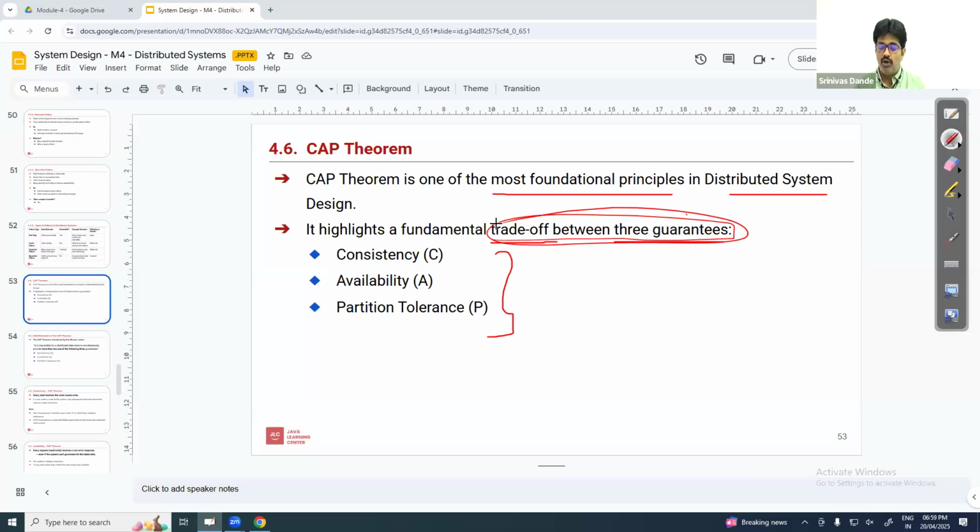I hope you already understand consistency from the previous sessions. We have discussed consistency already, but we will discuss it again. You have an idea about what consistency is, and about availability and partition tolerance or network partition. Definitely, distributed systems will have network issues. We have to assume that your distributed system will always have network partitions. Partitions are there, means you always have networking issues. So when you design,